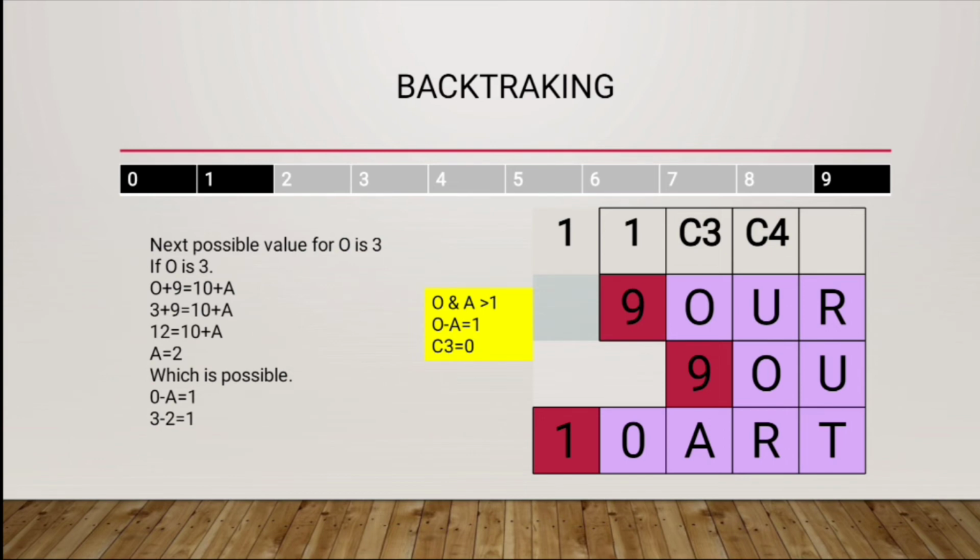So this is the thing that we have done previously. When I assigned a value for O, I get a value for A. So I'm substituting those and I'm getting a different value for U, which led to a non-solvable issue. So I'm going to backtrack this algorithm to the initial step, where we are here in this position. Now we already assigned O as 3. So next what I'm going to do is,